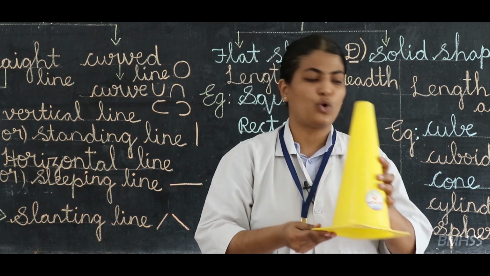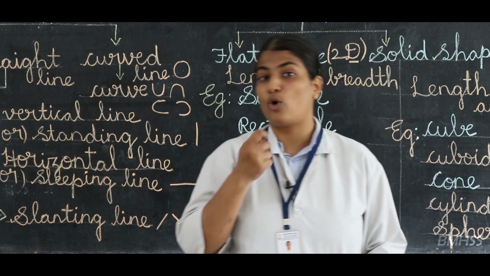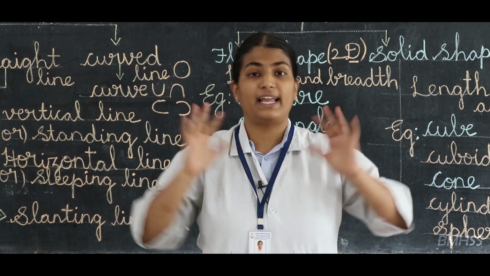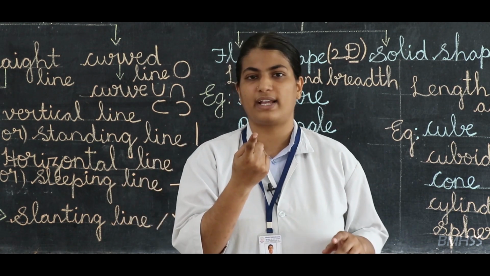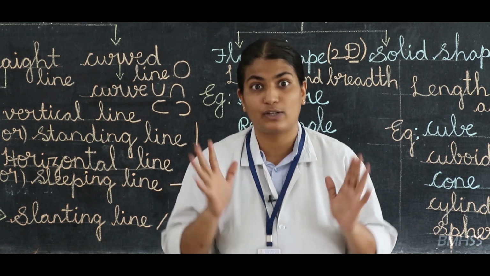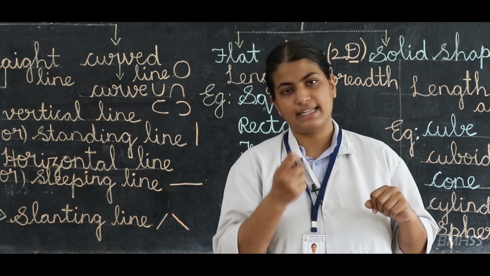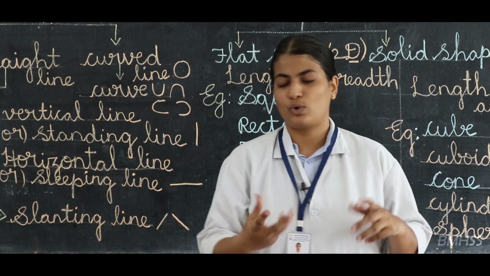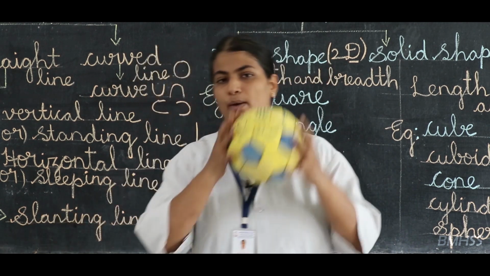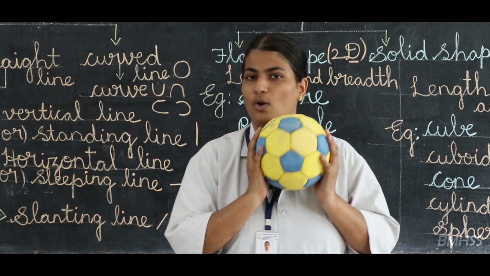Next, the example for a cone is a cone. This is also a cone, and who all like cone ice cream? I like cone ice cream very much. Who all like cone ice cream very much? Yes, you also like cone ice cream, no? So when you eat, what is the shape of that biscuit? Cone. That is in the shape of a cone. The example of a sphere is a ball, which you all play with in your home.